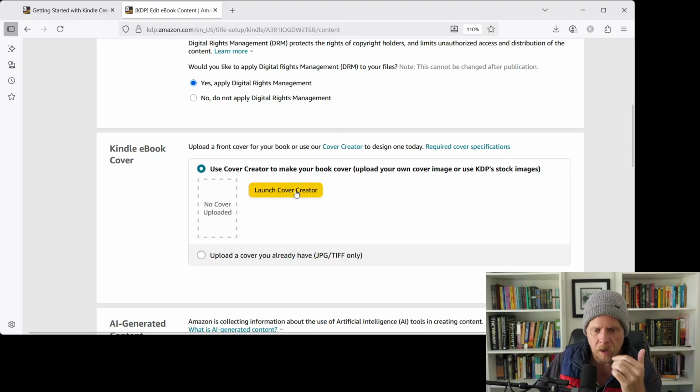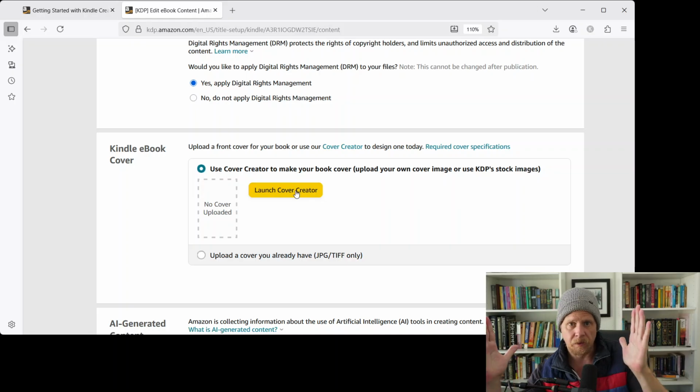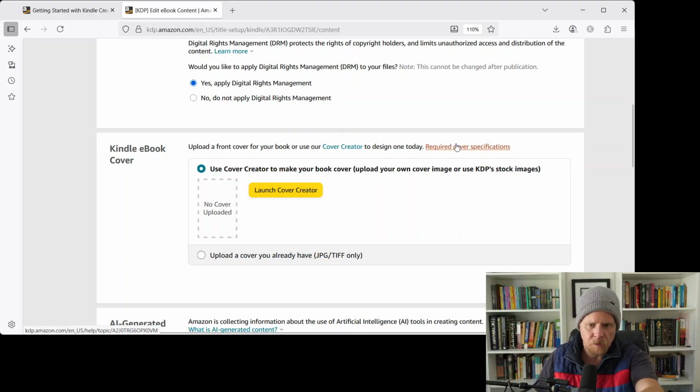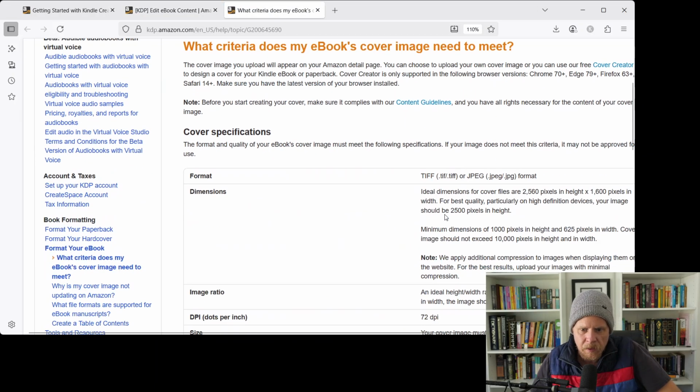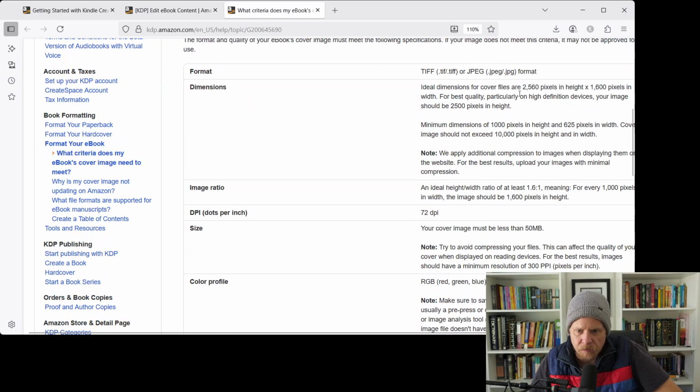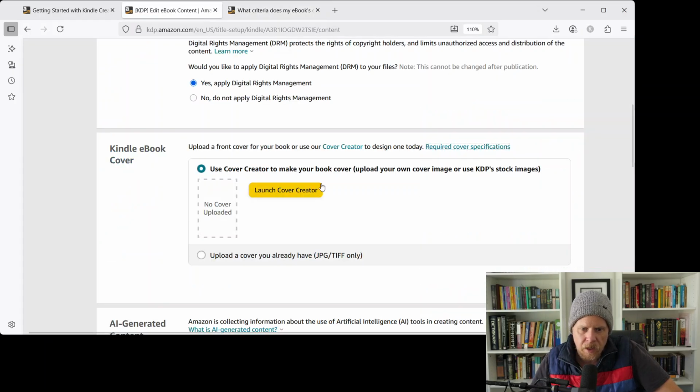Kindle ebook cover. So this is where you would upload your ebook cover, right? If you've already created a cover for your paperback, I would recommend using that same file, and literally you just want to take the front of that book. If you right click on the required cover specifications, it'll tell you specifically the dimensions that you're looking for. And so it's 2,560 pixels by 1,600, right? So that's what you need to create